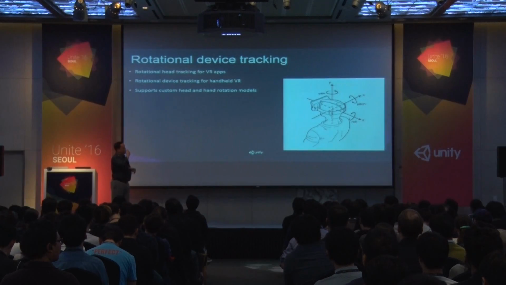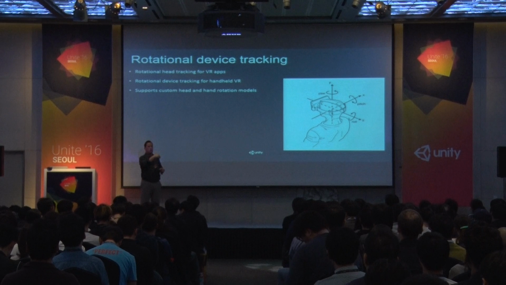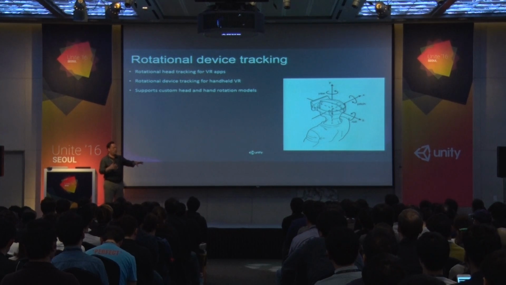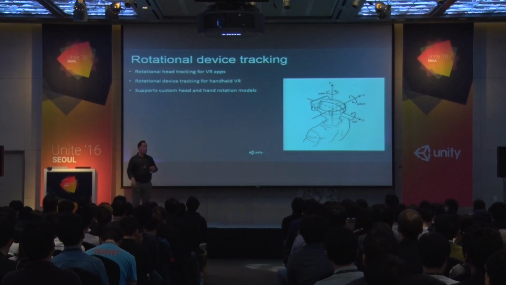What's interesting about our solution is that it provides head tracking, but it can also be used for handheld VR. This is an experience where you're not using the camera, and you hold the device up, and as you move it, you can update the position of the device. It's like a VR AR experience, but it doesn't rely on any kind of target. Basically, it knows the position of your hand by using the accelerometer and the inertial sensors. And you can combine these. So you can create an application that starts in your hand, using rotational tracking of your hand, and then goes onto your head. With these, we're providing models to understand the rotational center of either your head or your hand.